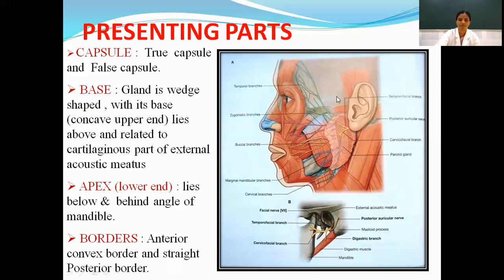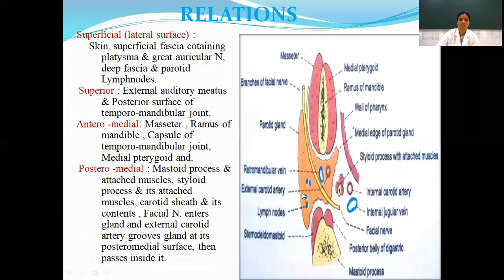Now what is there? If you take a section of the parotid gland, this is the anterior limitation, this is the posterior limitation, this is the lateral aspect, and this is the medial aspect. Here, this is the medial border. Why does the medial border appear? The posterior border of the ramus of the mandible grooves the medial surface of the parotid gland. By this grooving, what happened? The medial surface is divided into anteromedial and posteromedial by the intervention of this medial border.